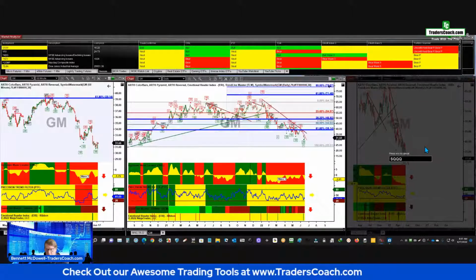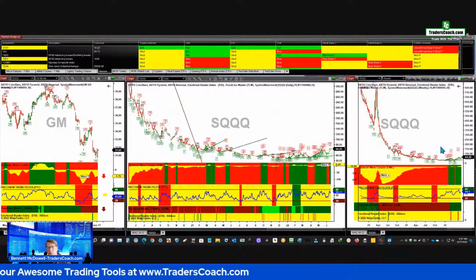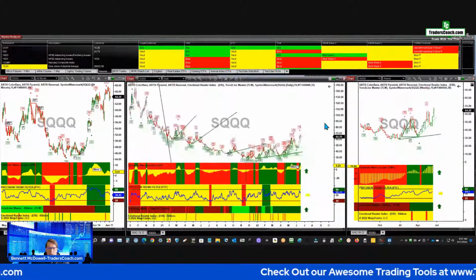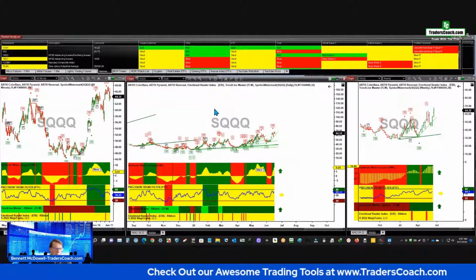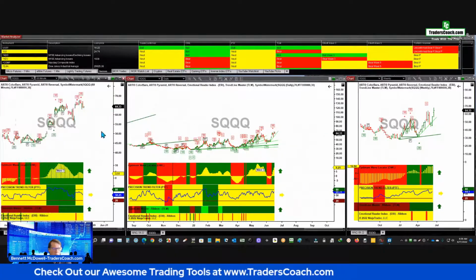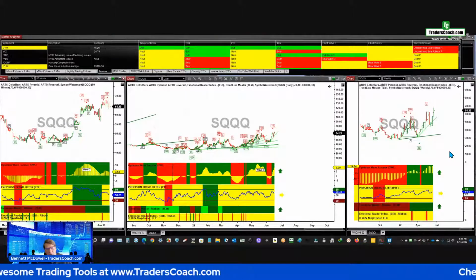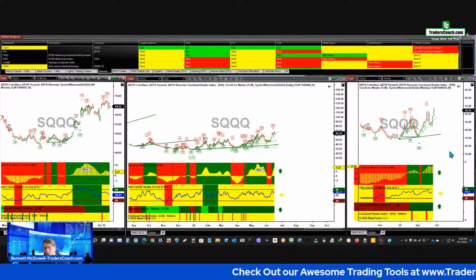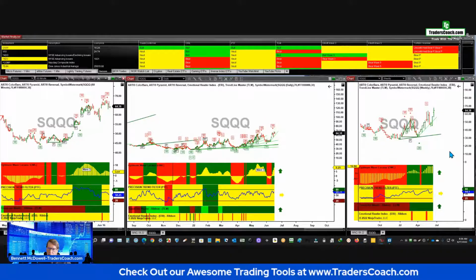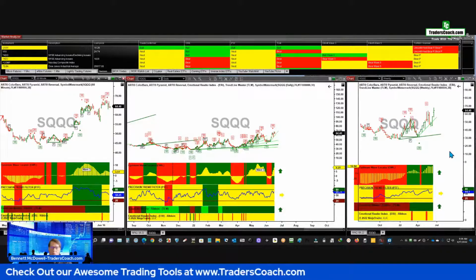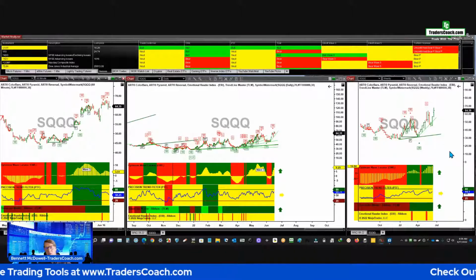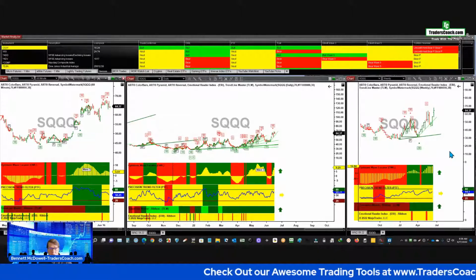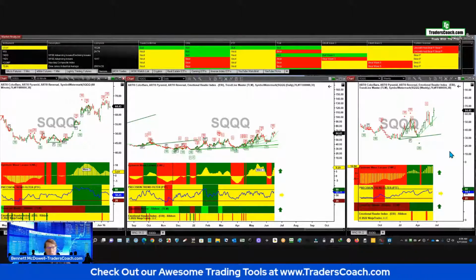SQQQ. This one is an inverse ETF on the Nasdaq. So this is a great product if you want to try to hedge your portfolio. Some people like ETFs, some people don't, but I think they're actually really good. I don't recommend the triples or even the doubles. Just go with the straight ETFs. But in a case like this, definitely we're starting to move off a bottom. And if you think about what's going on in the markets, this sell-off didn't just affect the Dow, it affected every major sector, including the Nasdaq, which is what this is telling us here.